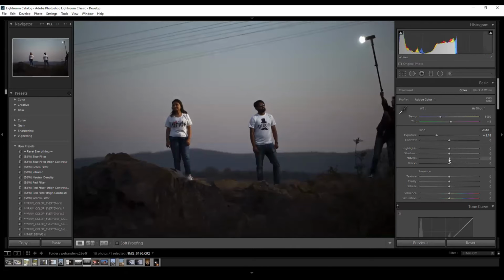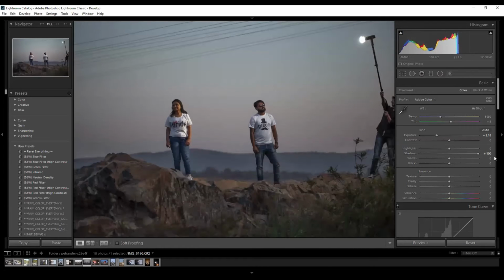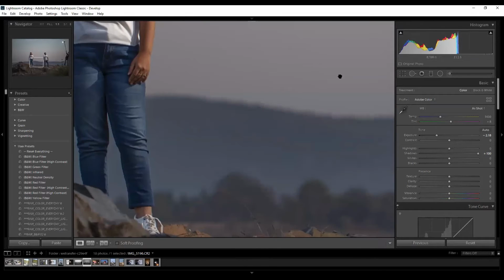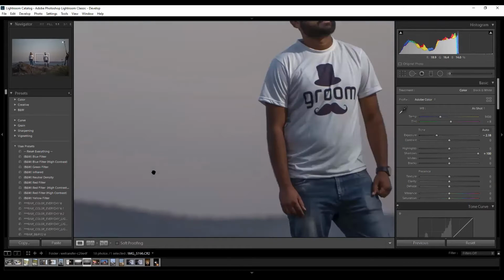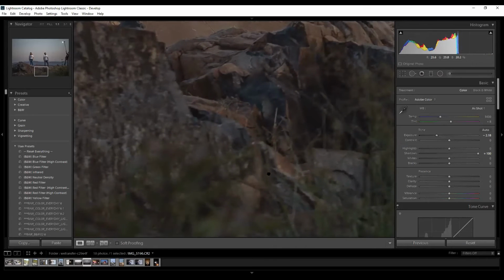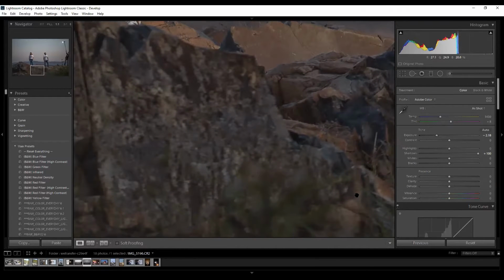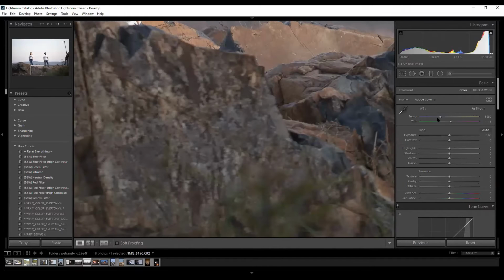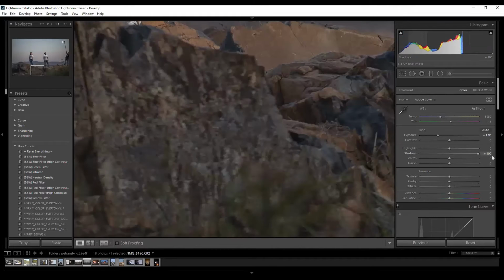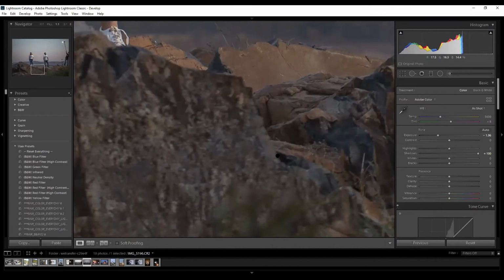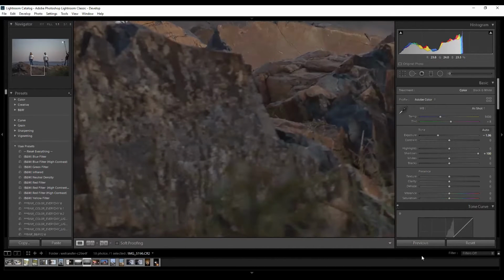Now when I pull the shadows over here, it will try to recover the shadows and try to retain the midtones, blacks, as well as the colors.